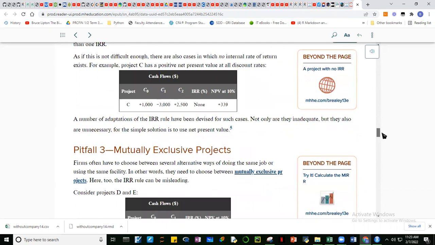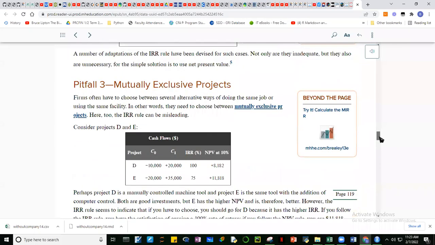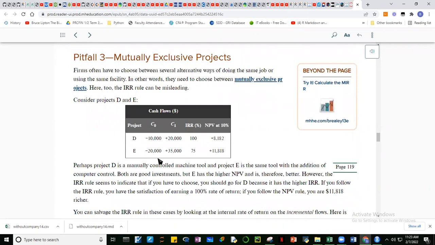Okay, then we know that projects can either be independent or mutually exclusive. Pag mutually exclusive, guys, ang sabi natin dyan, pipili tayo ng mas mataas na IRR. Kasi the choice of one will exclude the other. So kunyari, you have two projects here, D and E. So the NPV of project D at 10% is this one. Si E naman ito. Then pipiliin natin si project E kasi mas mataas yung NPV niya.